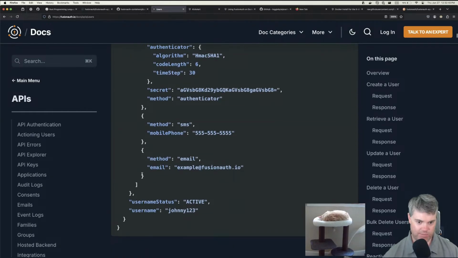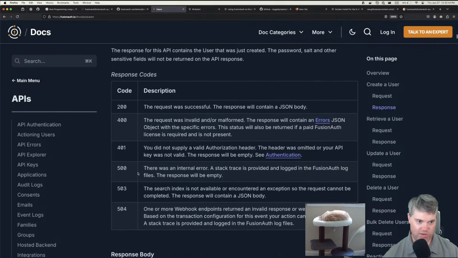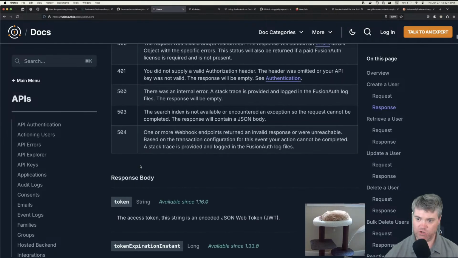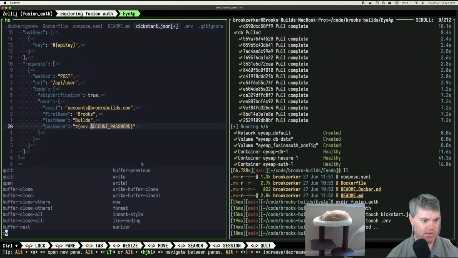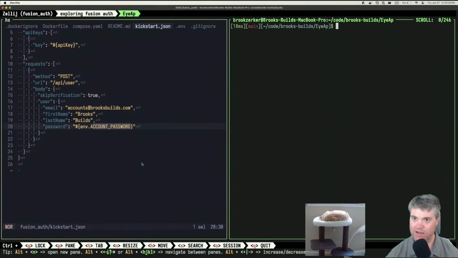Okay, and then I have an example here. And then we should get a response out. And all right, so this should create that first user, theoretically. All right, so if I write you, I don't have anything to tell me if that JSON file is okay or not. Let's do a Docker,